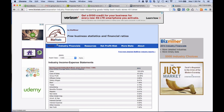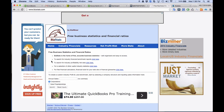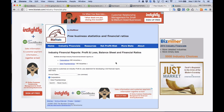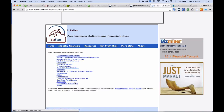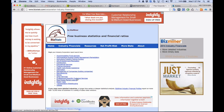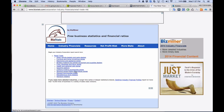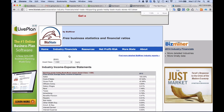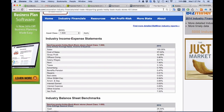So BizStats.org, basically what this website looks like, and there's sort of a lot of advertising around it. You go to here, and it says search for industry benchmark reports. And I really like this because we can actually take information about the industry and say, look, maybe we should project expenses based on what a lot of other companies of this category are doing. So let me go ahead and click on corporations, and then I'm going to pick the same industry that my client is in. So I'm going to go to retail trade, and then I'm going to click on sporting goods. Okay, this is a bike shop, and then I'll click on that. So what I'm seeing here under BizStats, and this is usually tax return information, is that according to this,